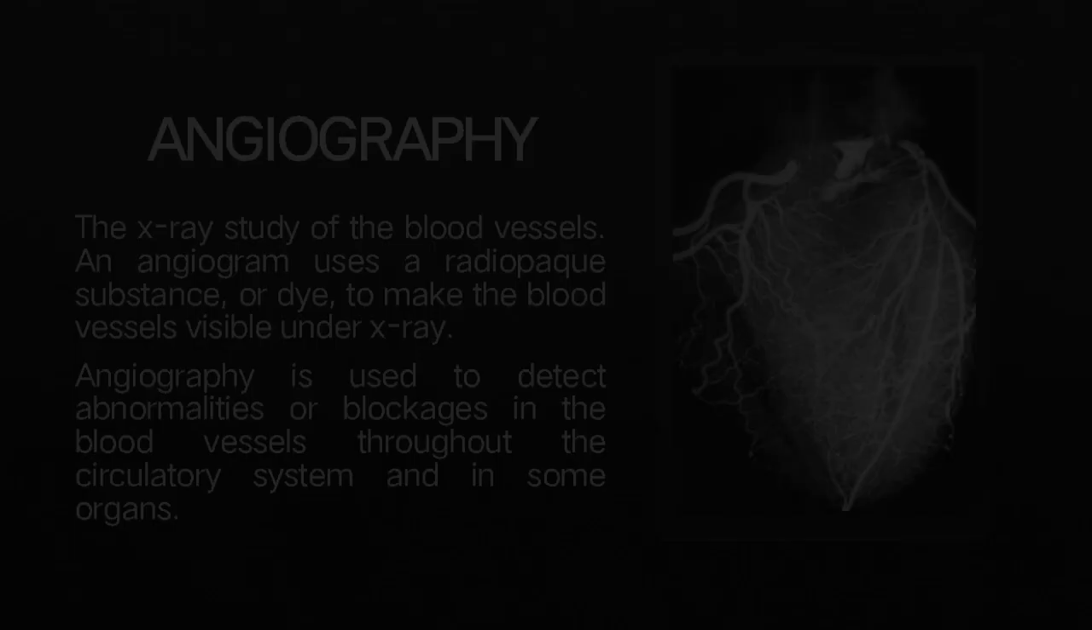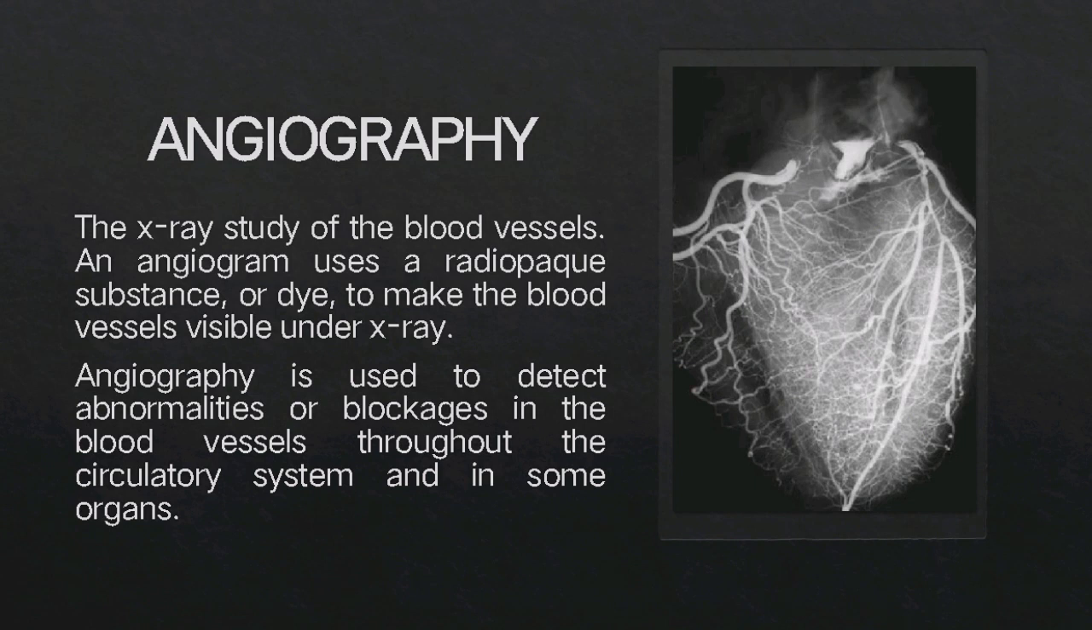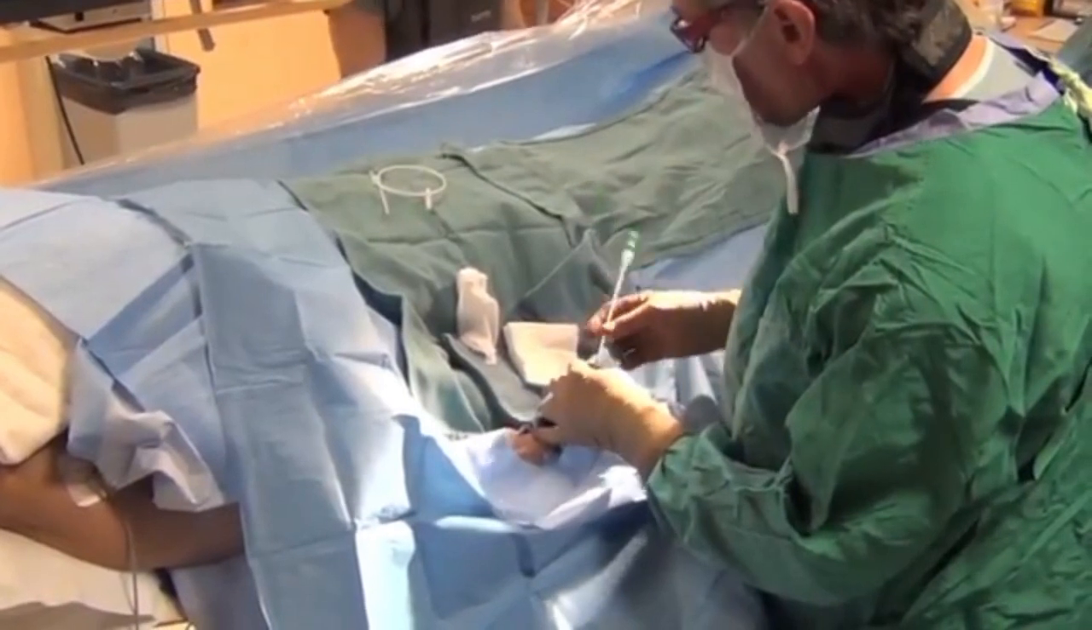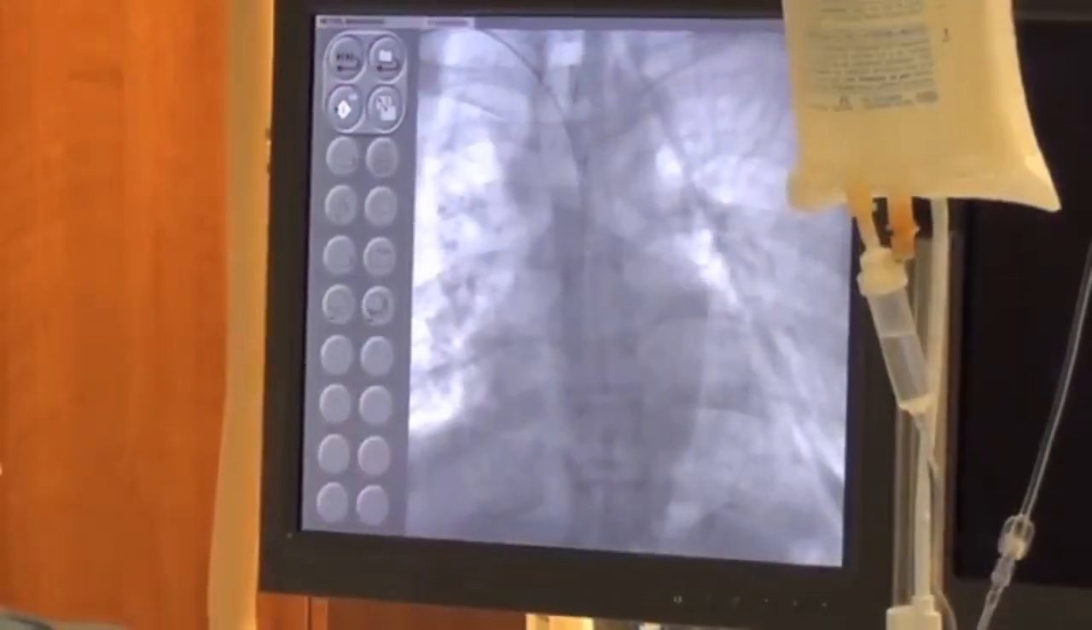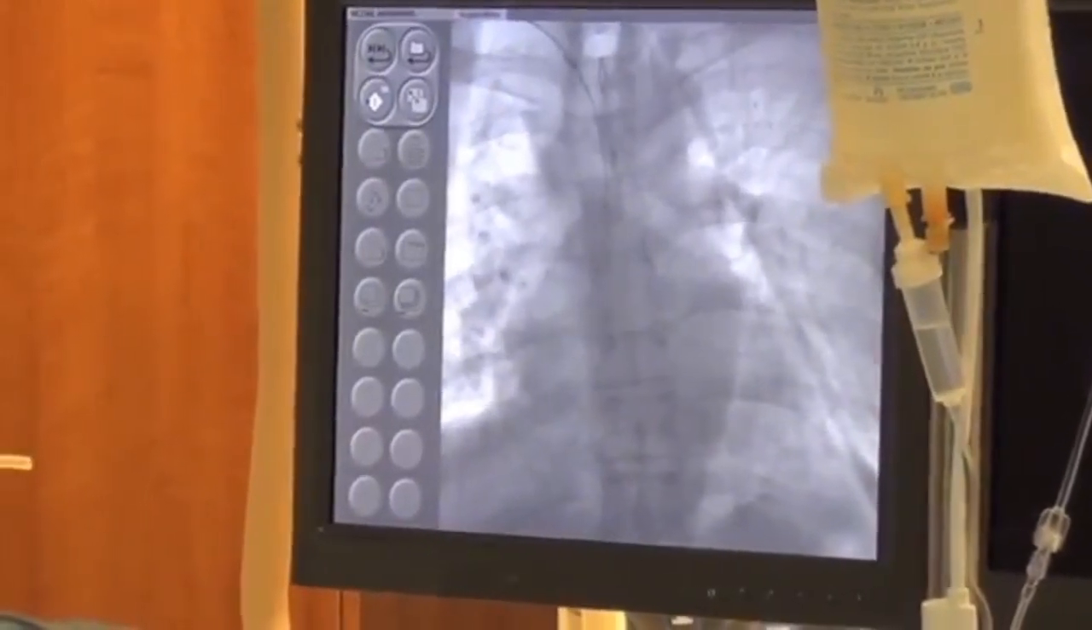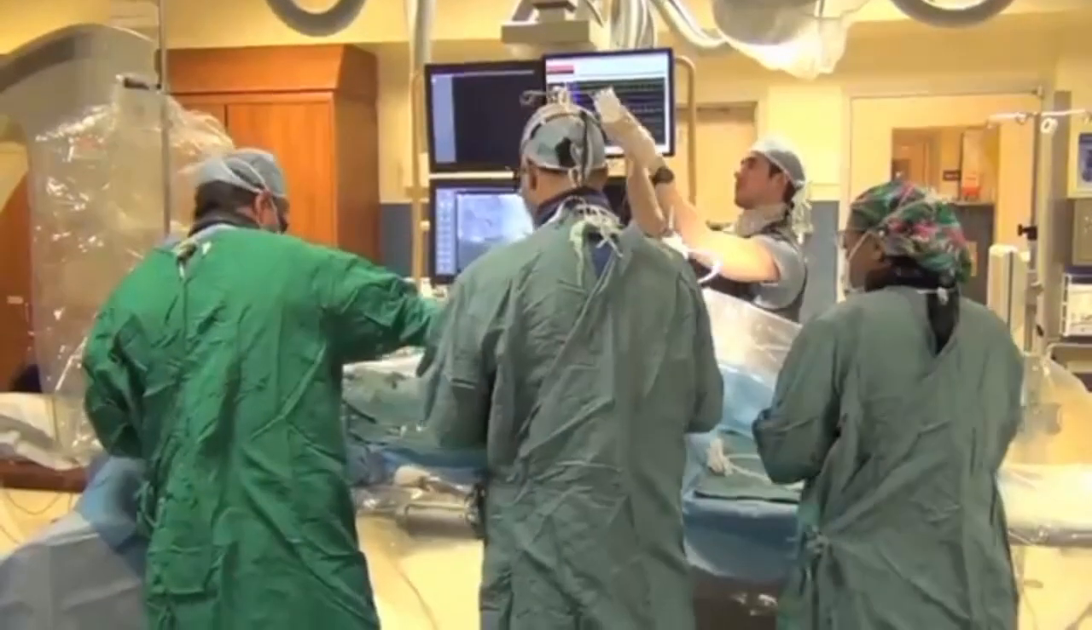Angiography. Angiography is the study of the blood vessels. An angiogram uses a radiopaque substance or dye to make the blood vessels visible under X-ray. Additionally, angiography is used to detect abnormalities or blockages in the blood vessels throughout the circulatory system and in some